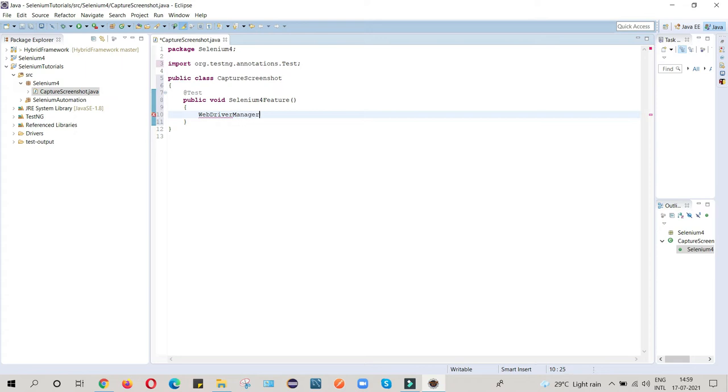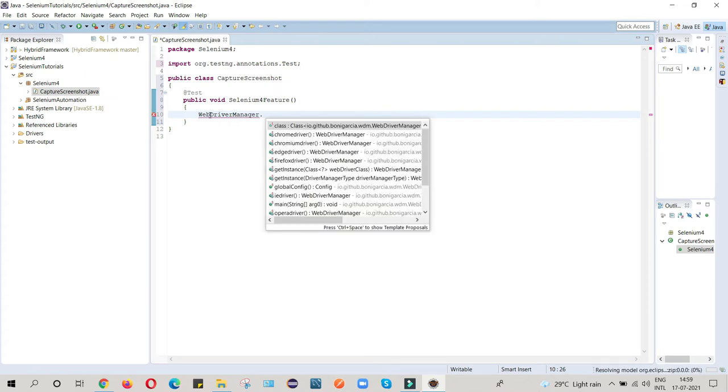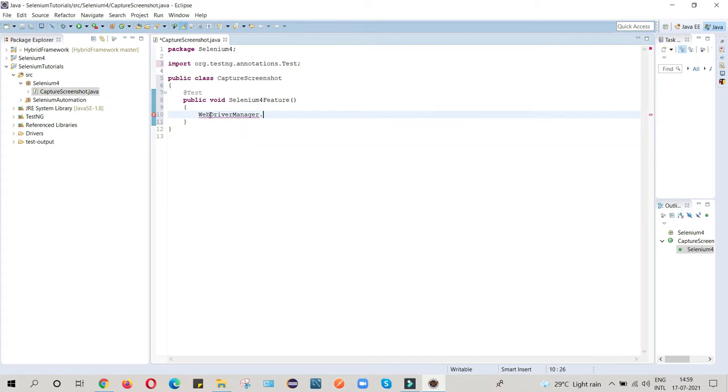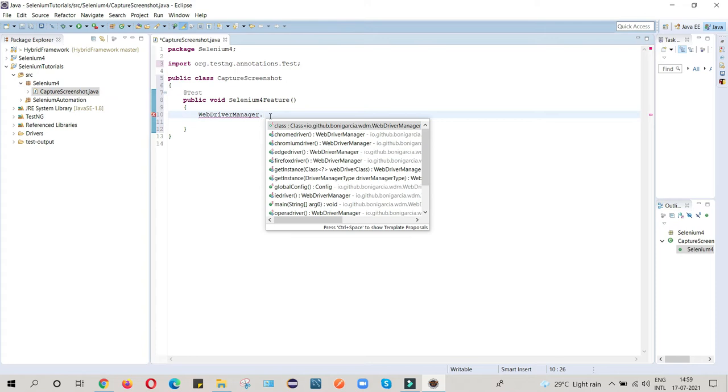Here I will write WebDriverManager dot, and here you can see all the browser drivers, like Chrome, Edge, Firefox. You can select any of the drivers. I am just selecting the Google Chrome driver.